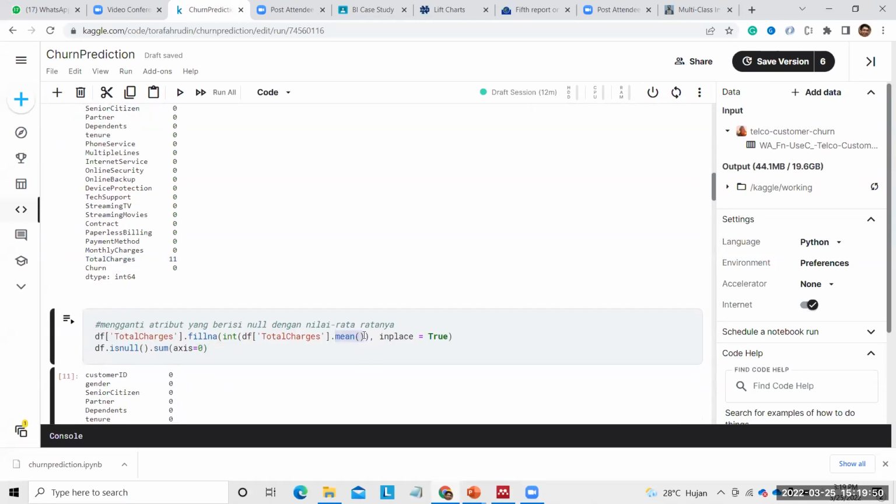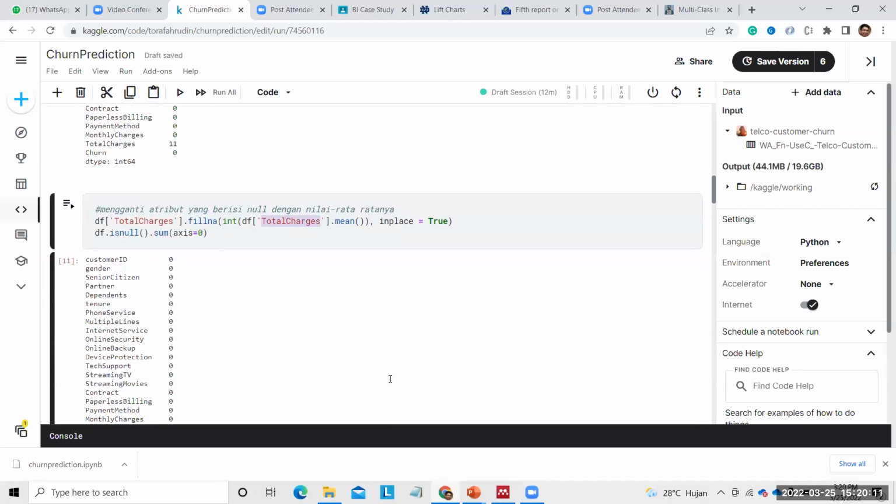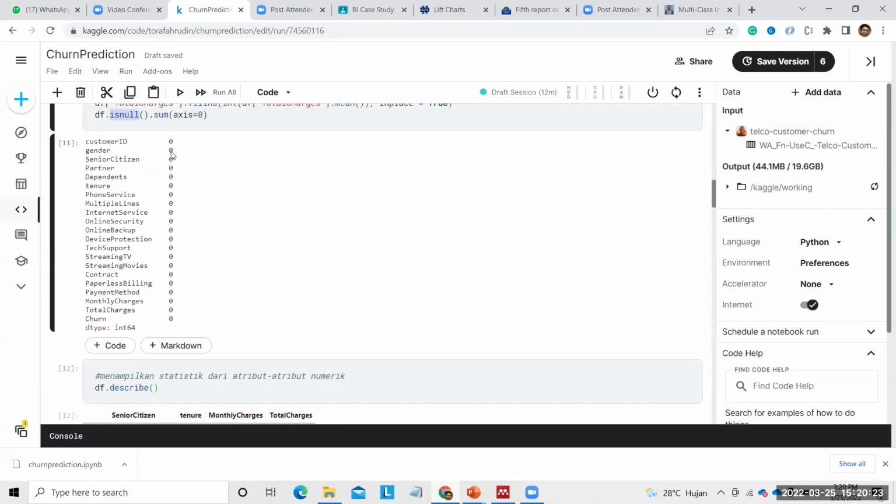We use the mean, which is the average of the total charge. The 11 data are filled with the average from the total charge. Then we run the null check again, and this is 0.